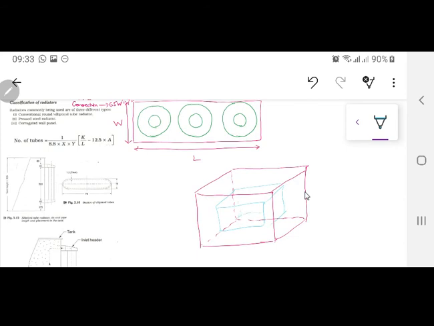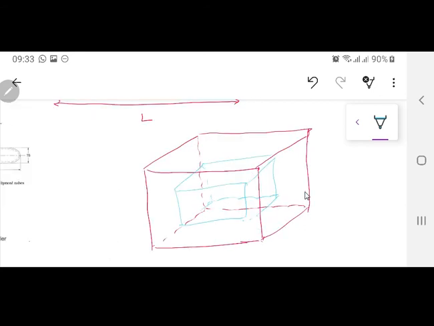I hope everyone can have a look at this one. I am trying to use small light colors over here because I am going to put some more colors on this one. Now this is the tank of the transformer, the blue color one, which is limitedly visible over here. This is the transformer which is placed over there.